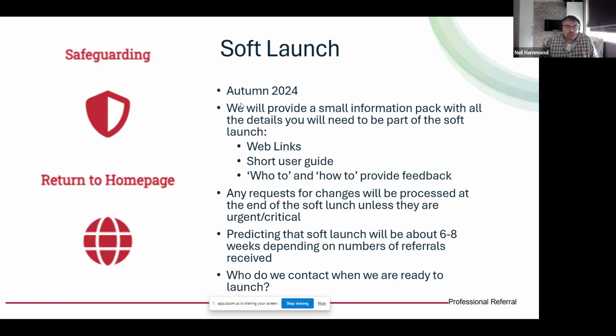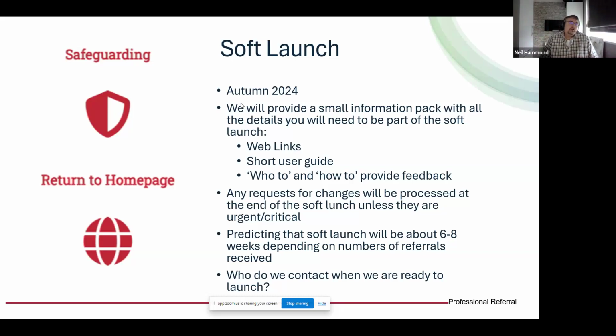And we're hoping the pilot will be 6 to 8 weeks. It all depends on how many referrals we get. So if at the end of 8 weeks we've had 2 referrals, I wouldn't deem that sufficient for us to be able to move to a proper hard go live. So we might extend it. After 4 weeks, if we've had 40 referrals coming in, then actually we might end the pilot a little bit earlier, because we've collated so much of that feedback already.